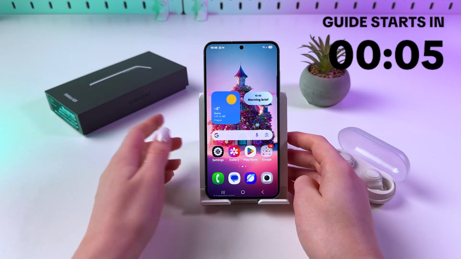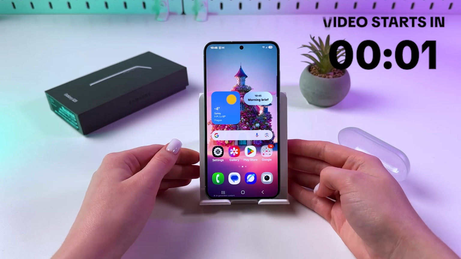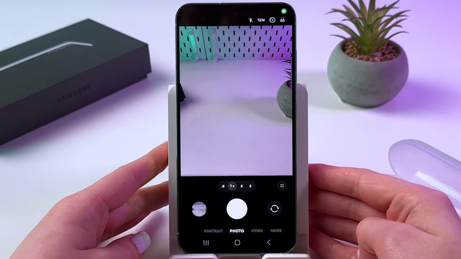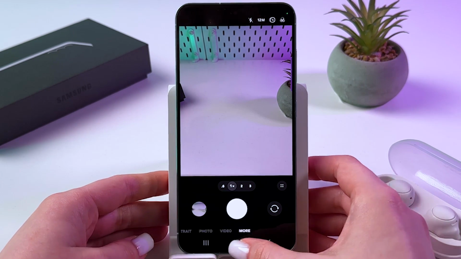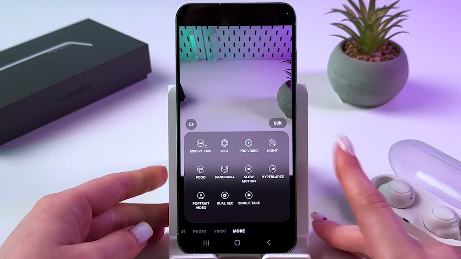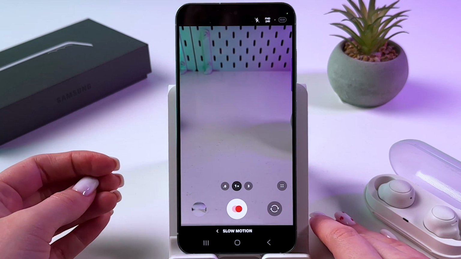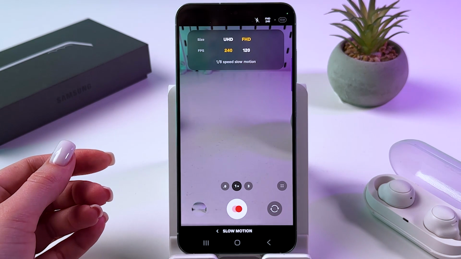Hi, if you wanna change slow motion speed on Samsung Galaxy S25, then of course open Camera app, and now from photo mode switch to the Smart tab by swiping left on the bottom. After that pick slow motion of course, and now we need to tap right here on resolution,